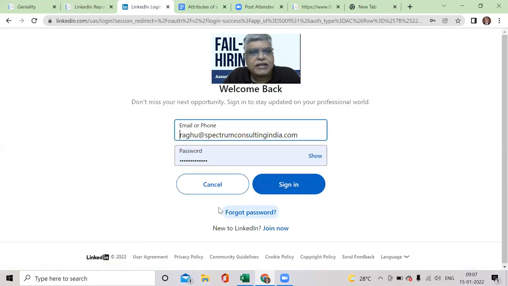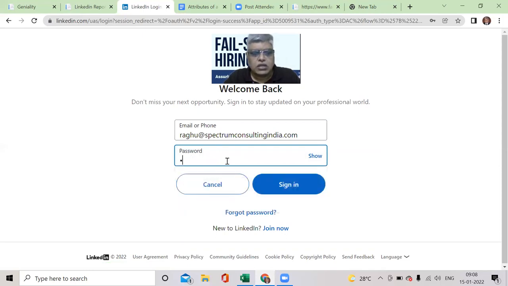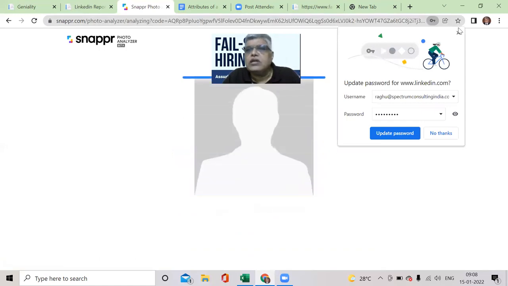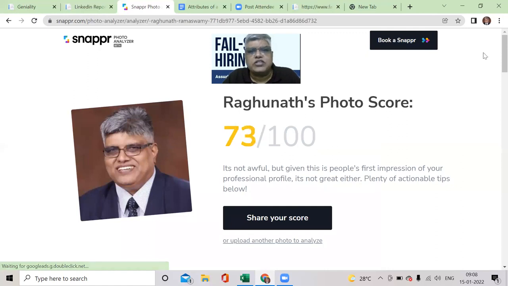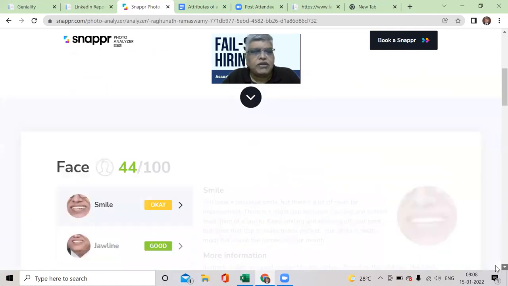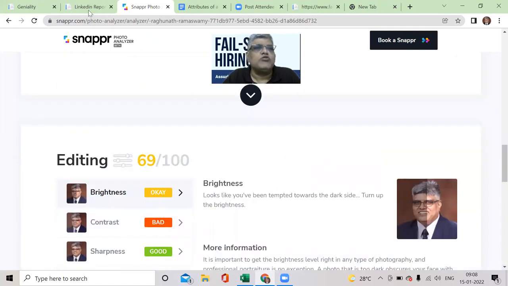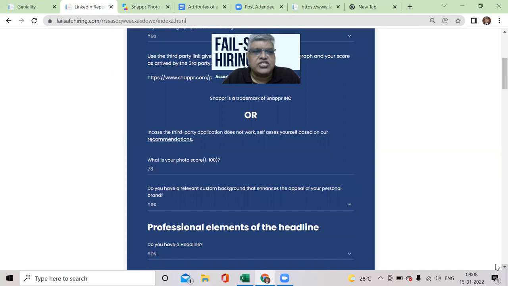The second is that you can use third-party software to analyze your photograph. Just a minute. Hold on. This analyzes the photograph and gives you a certain score, and it gives you the resolution of your face, composition, how it is edited, and so on and so forth. So you come back here, and I have put in the score as 73, as suggested by the third-party